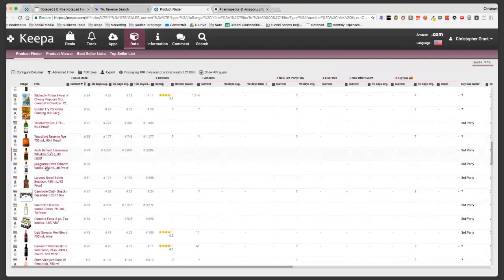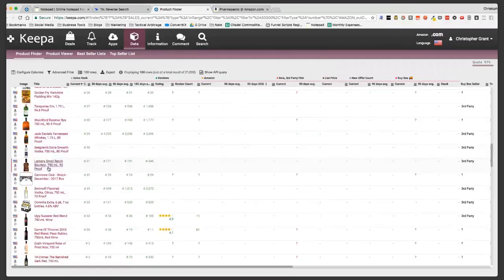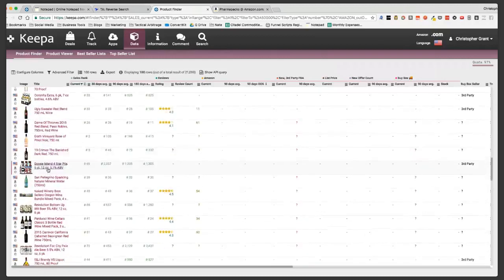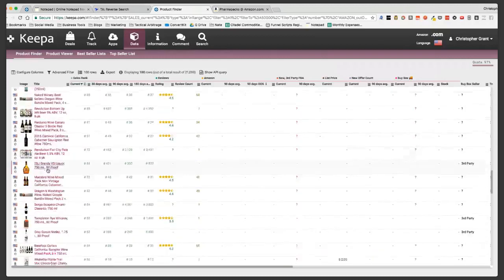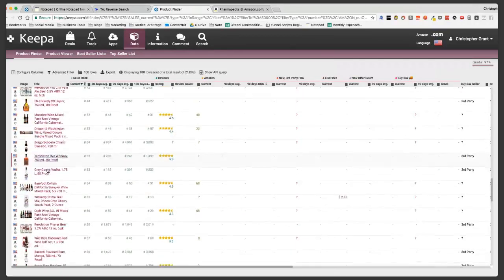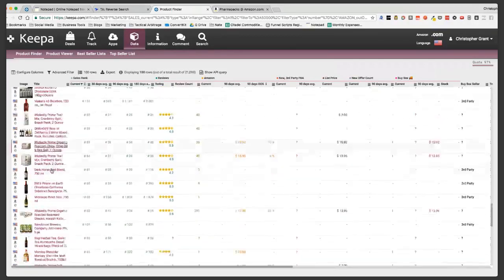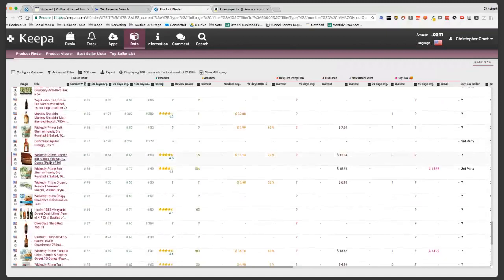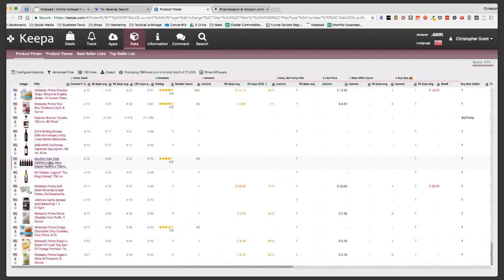Like I said, in some of these lower ones, you're going to run into a lot of booze. And this is mostly because Amazon recently shut down their booze selling on their site. So these are all subcategories. However, if you start going a little bit higher, if you go into grocery and look at, say, 50,000 to 100,000 for everything that's out of stock, you will be able to find a lot of things.